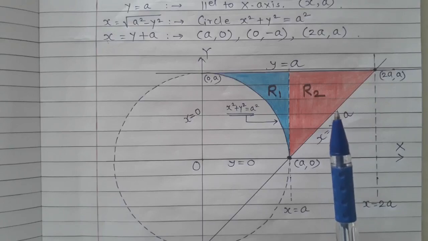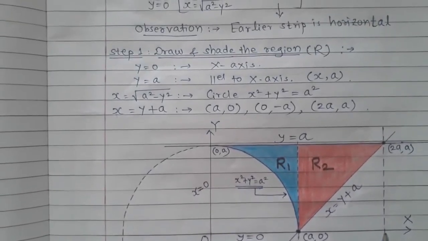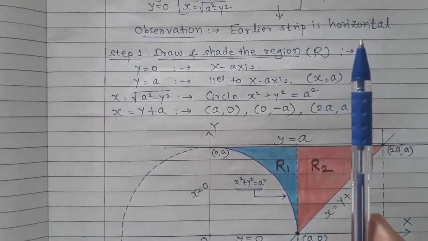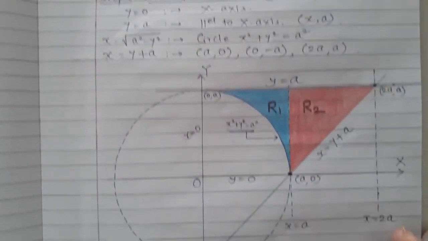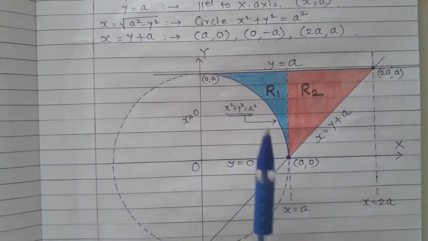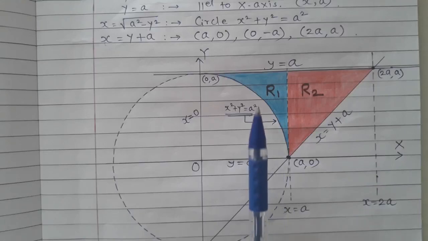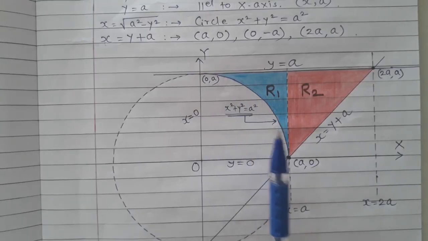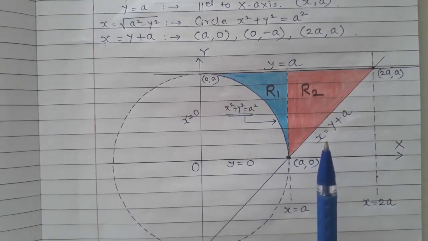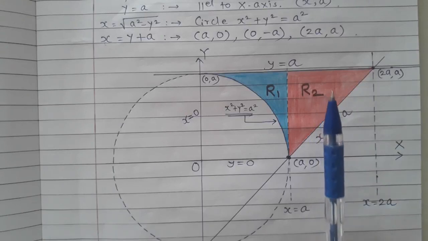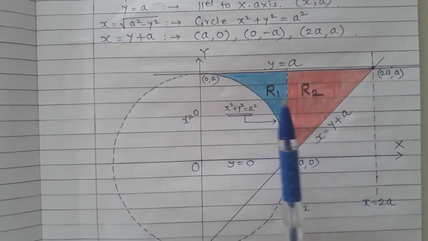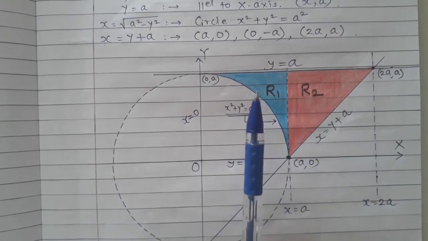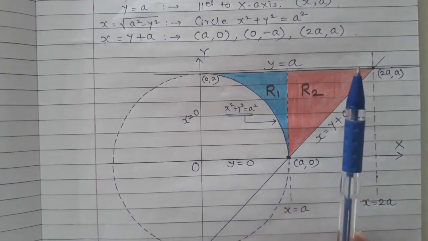But observe that we have to change the direction of the bullet. It was earlier horizontal. In place of that, now we will consider the vertical. But if I consider a vertical, then for the blue color, when I fire the bullet, the bullet has to break the wall of the circle. And if I consider the orange color, then the bullet has to enter through x equal to y plus a. And therefore there are two regions we have to consider. That means two separate bullets, one in the blue color and the other in the orange color.